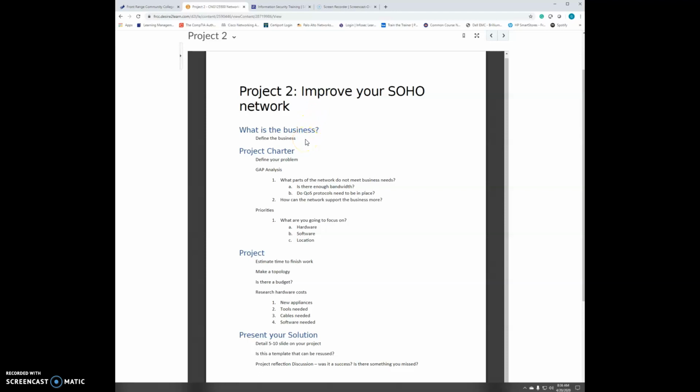What is the business? That's the first question. Are you an IT company working out of your house? That's exactly what I do. How can I make my network better? Well, I was using QuickBooks. I had a backup of all my stuff on my network, but it wasn't mapped all the time, and that was for security reasons. I left it unmapped and only mapped it when I needed to do backups.